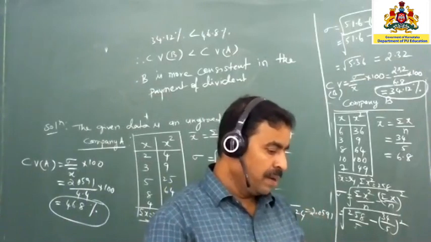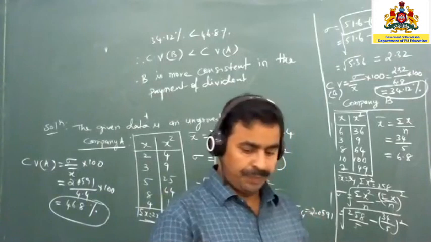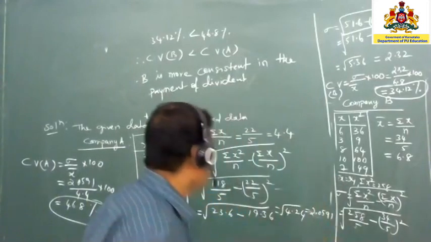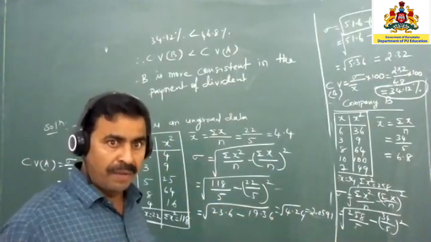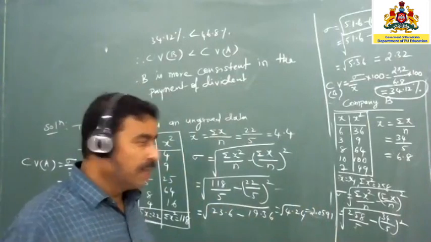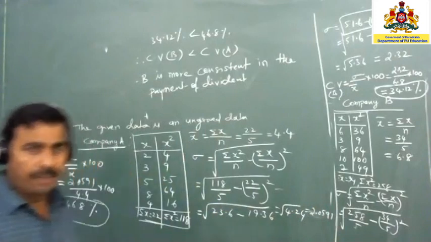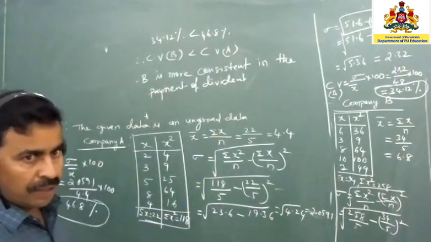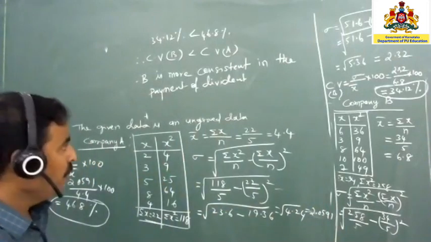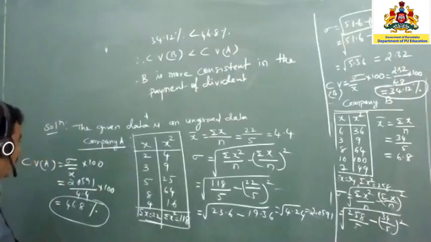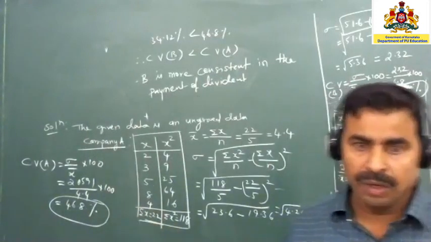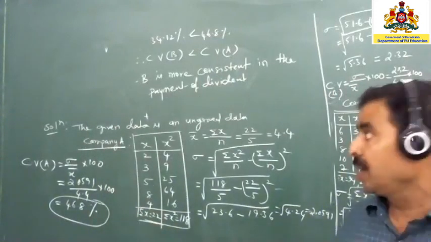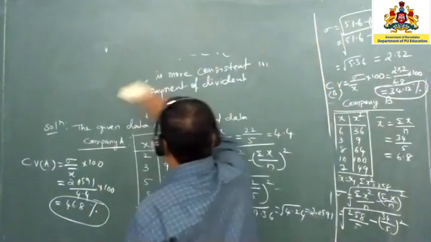Now let's explain for a discrete frequency distribution. Here two data will be given. The coefficient of variation is mainly used for comparing two or more data. In your syllabus, a maximum of two data will be given. If it is a descriptive type, with paragraphs and all, three data may also be given. By comparing the values, the data which has the lower coefficient of variation is more consistent.